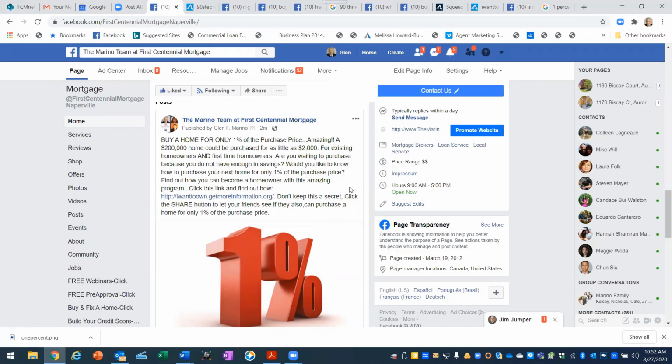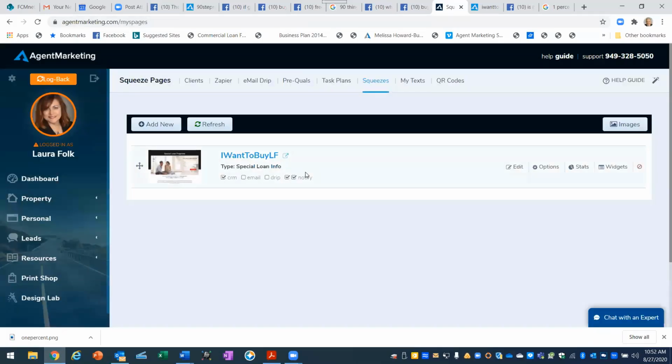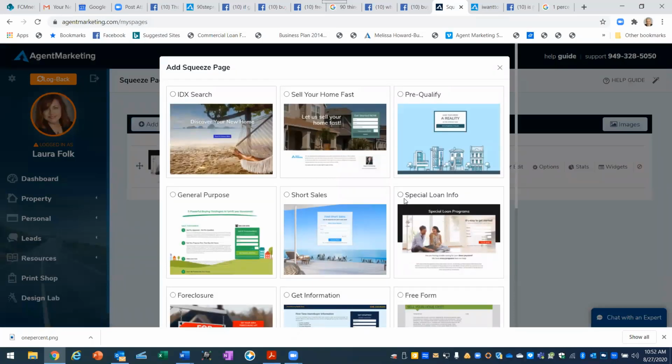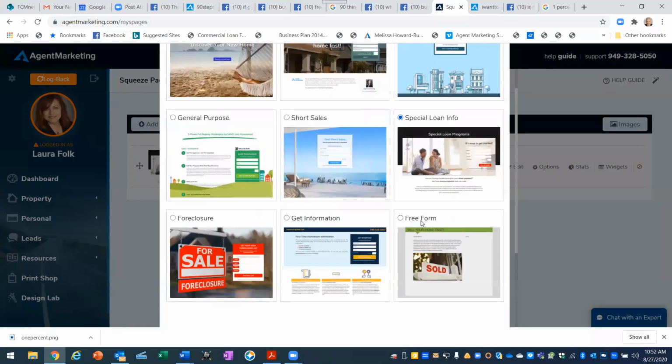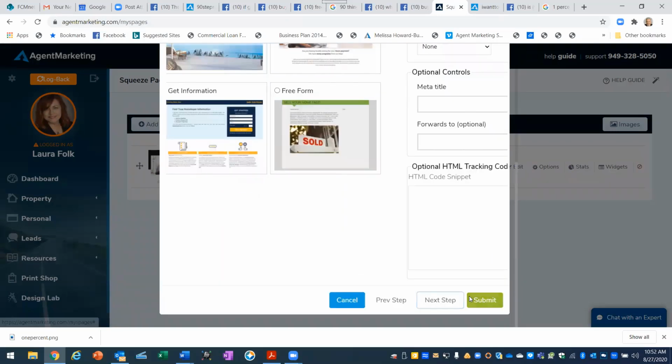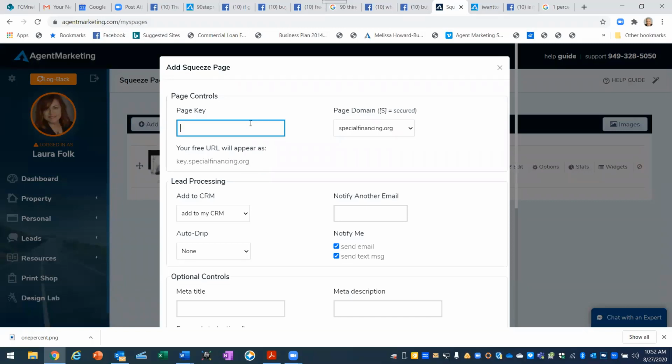So once again, we're going to come over here to Agent Marketing. And we already did "I want to buy," so let's add another new one. We're going to say, okay, of the 9 templates, let's go to template 6. Let's say next. Then let's name it. Okay, so this is the 90 things report, and her initials are LF for Laura Falk. And then there's an implied dot, so it's